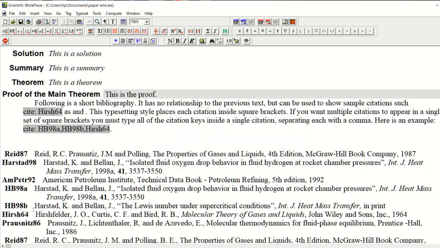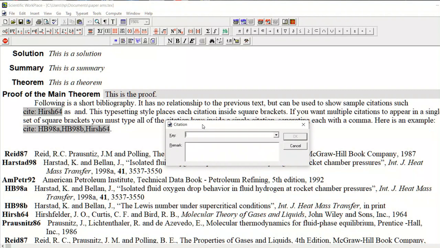So this reference of Hirschfelder has been cited at this place, and if we want to cite another reference, then we click the cursor at that appropriate place, and then again we click on the citation button from the typeset object toolbar. It will require the key of that required reference.